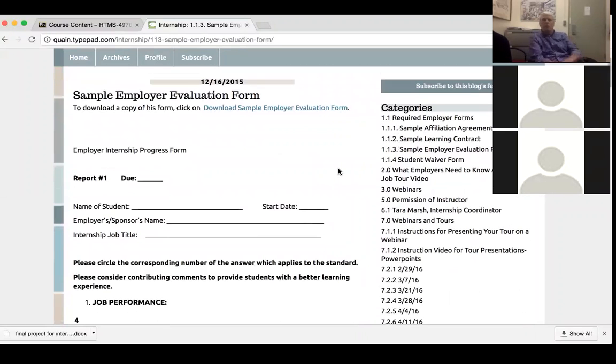What I would suggest is have your employer download the form, fill it out, and then scan it and send it right to me. And if for some reason it does not download, there's a hard copy of it within the blog. They can just copy and paste it into a document. Oh, okay, good. Yeah, we want to make sure that there are no technology fails here. So now that has to be filled out by your employer, and then this becomes part of your grade. I think it's 20% of your grade. I forget what it is, Amanda, but that's something the employer